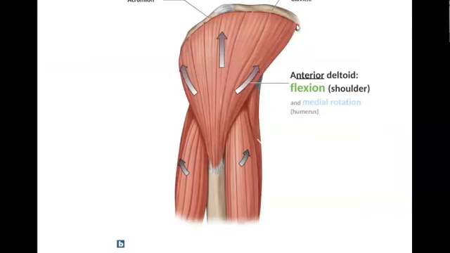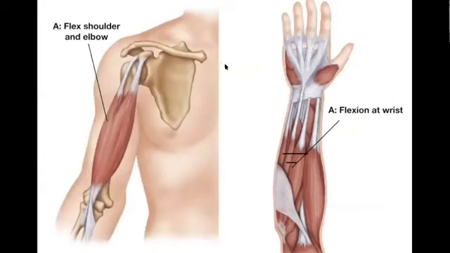Here is your anterior delts from your clavicle over onto your humerus right here. When it contracts, it's going to cause flexion of the shoulder right there. And if you want to flex your shoulder and the elbow, your biceps brachii can do either, because it's spanning two joints right here, spanning your shoulder and your elbow joint, and spanning the anterior surface,